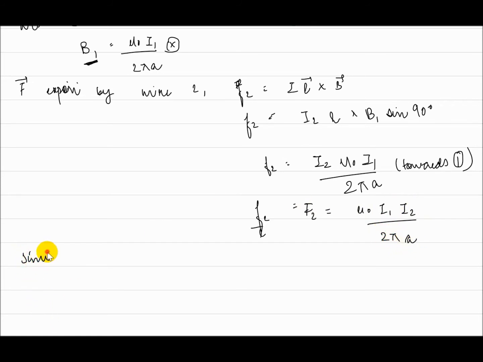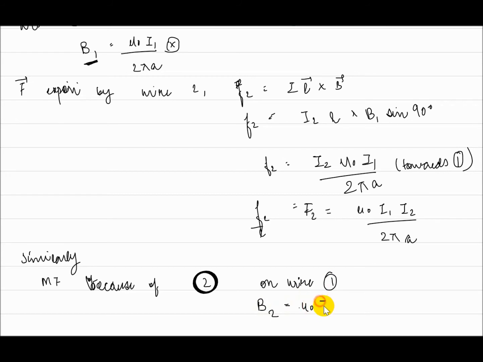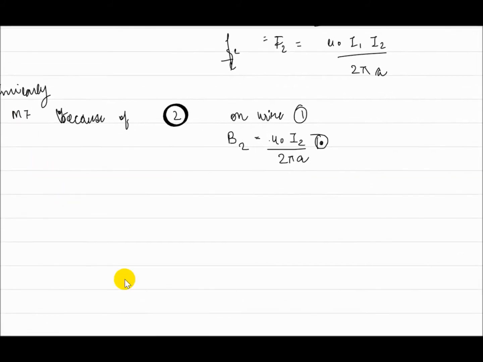Similarly, we'll get the magnetic field because of wire 2 on wire 1 will be equal to B2 is equal to μ0 I2 by 2 pi A. That is inside. So we get